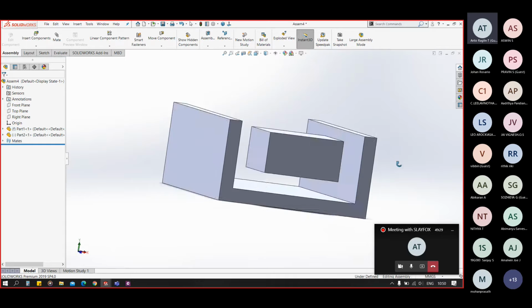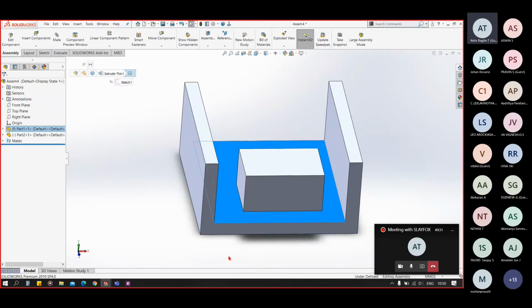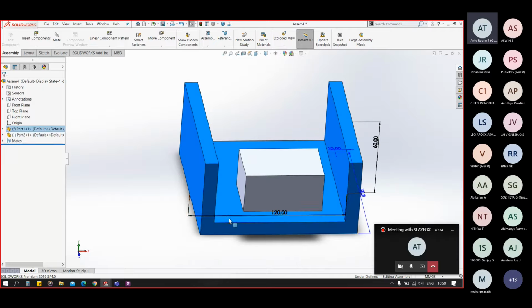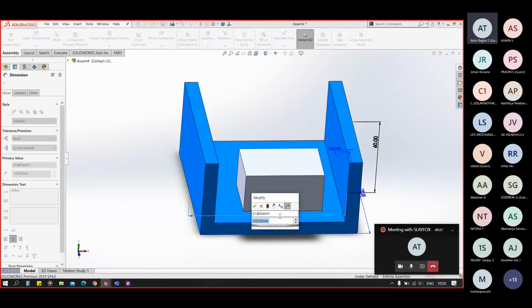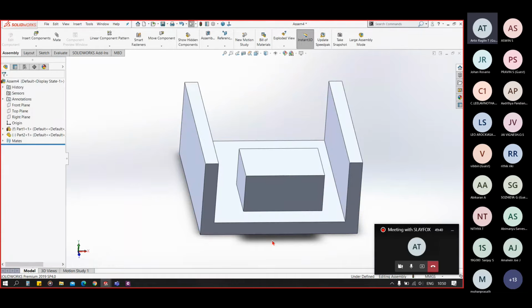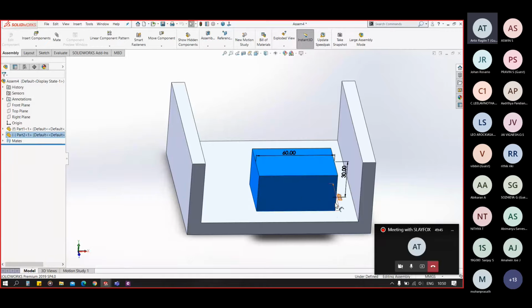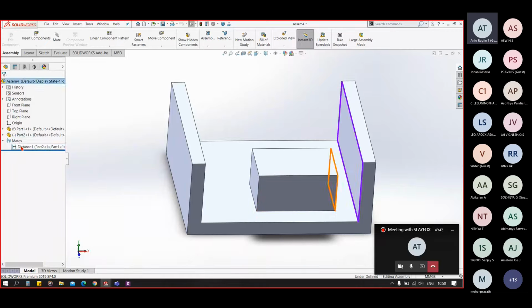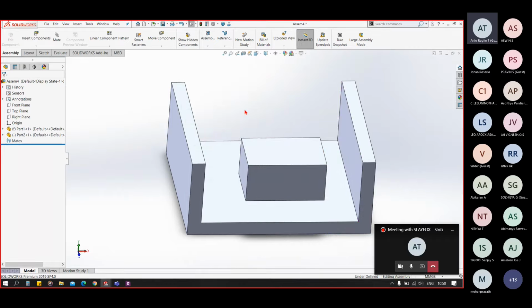But in this case, suppose after a while I remember that 100 mm was not accurate. Actually it was 120 mm. Okay, so what you will see is this 20 mm distance stays as it is, and now the block is not at center. So again I will have to make calculations and change that 20 mm to other dimensions. So to avoid these calculations and this headache, there is a width mate which will help in this regard.